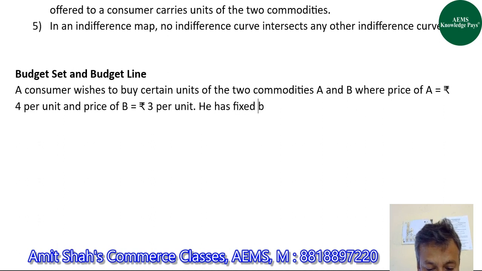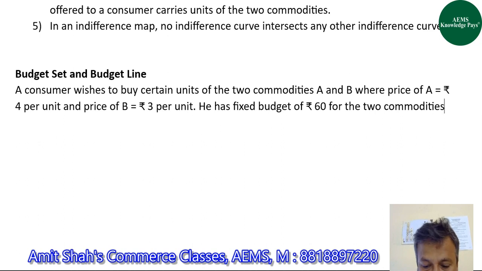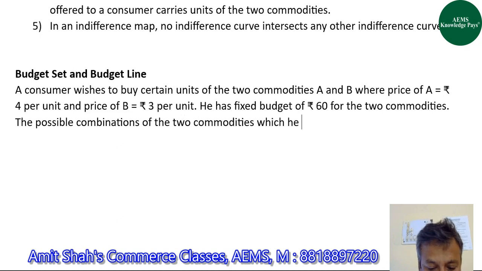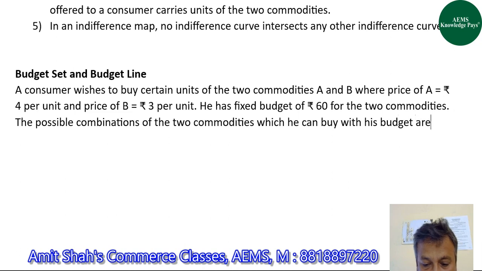He has a fixed budget of rupees 60 for the two commodities. The possible combinations of the two commodities which he can buy with his budget are